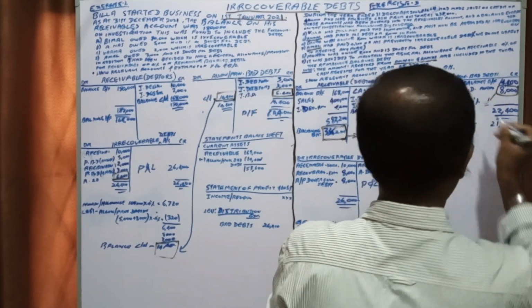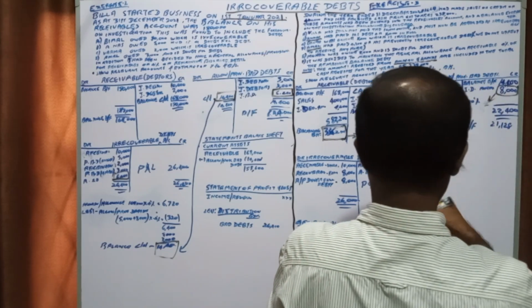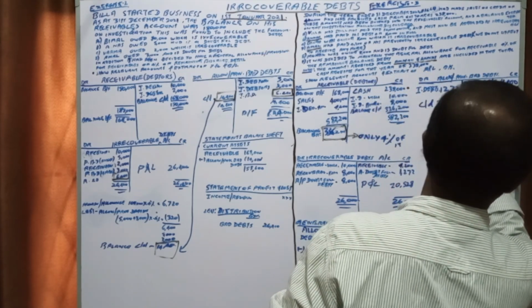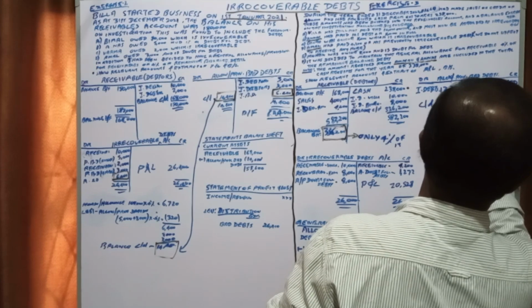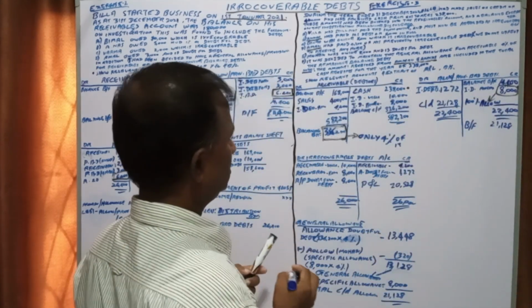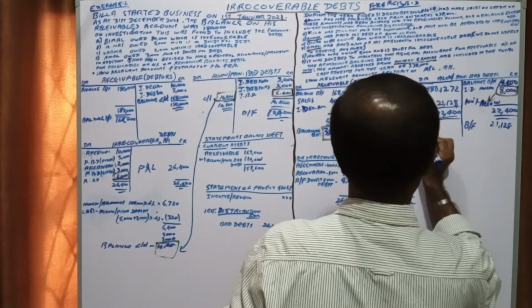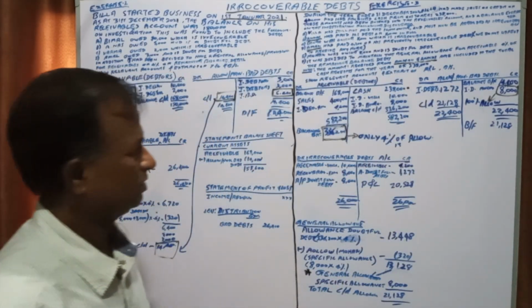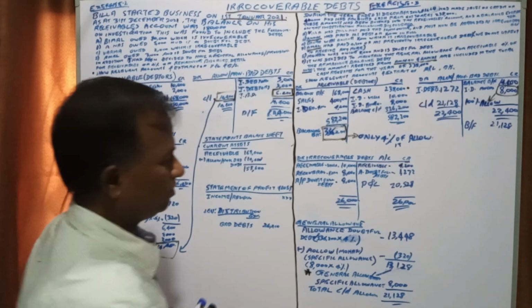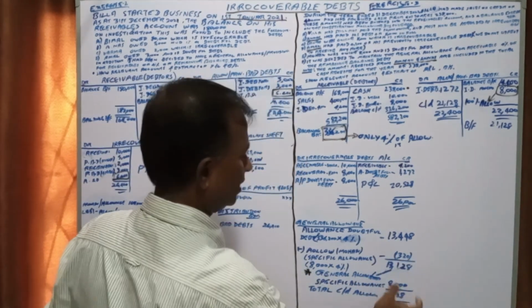This is 100% allowance. 100% allowance. This is 4% of it, allowance. Right? So 4% we are removing that. Then this is the